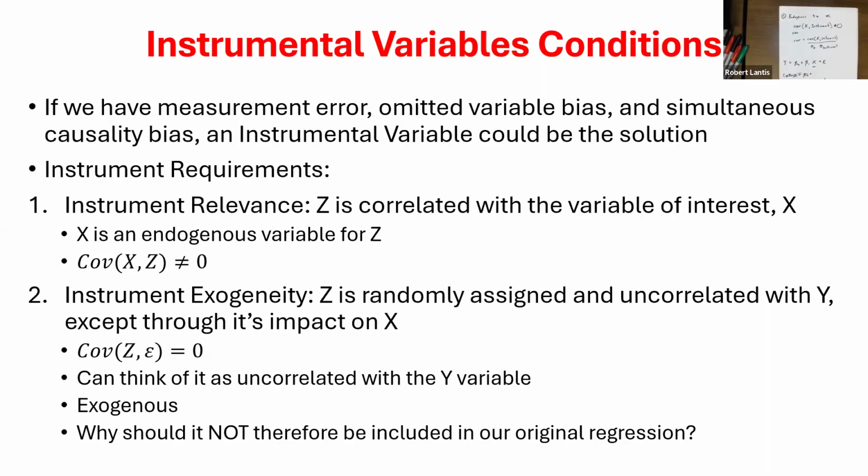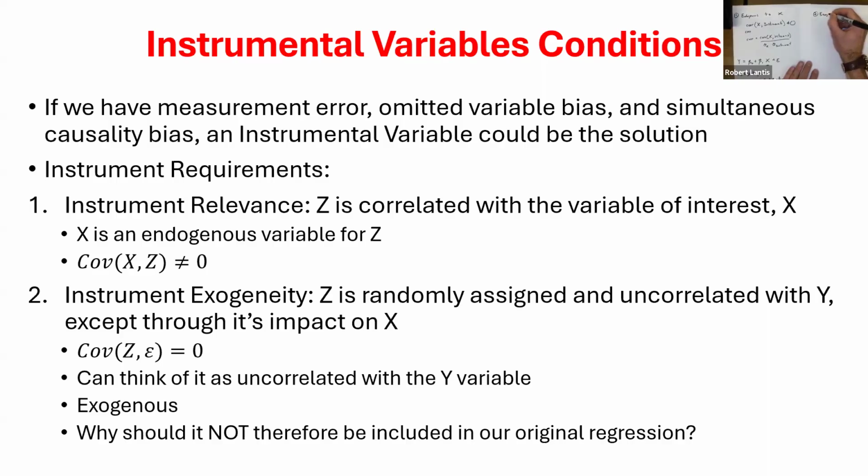Let's think about trying to predict wages using someone's age. So I have a labor data set, I've got wages, and I've got age. What is something that's going to be correlated with the age of the worker? That would be my first criteria. The second criteria is that our instrument